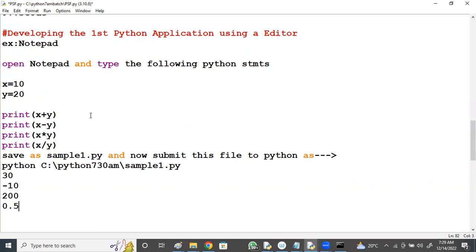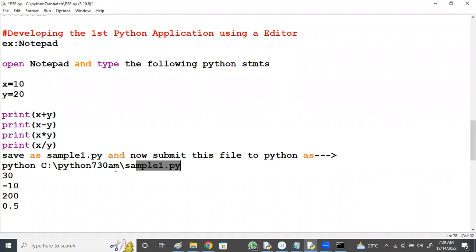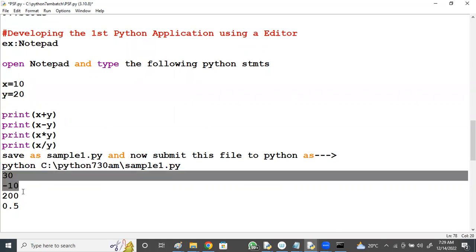So this is how to write within Notepad, save it as sample1.py, and submit that file to Python within the C drive 7:30 a.m. This is the output.